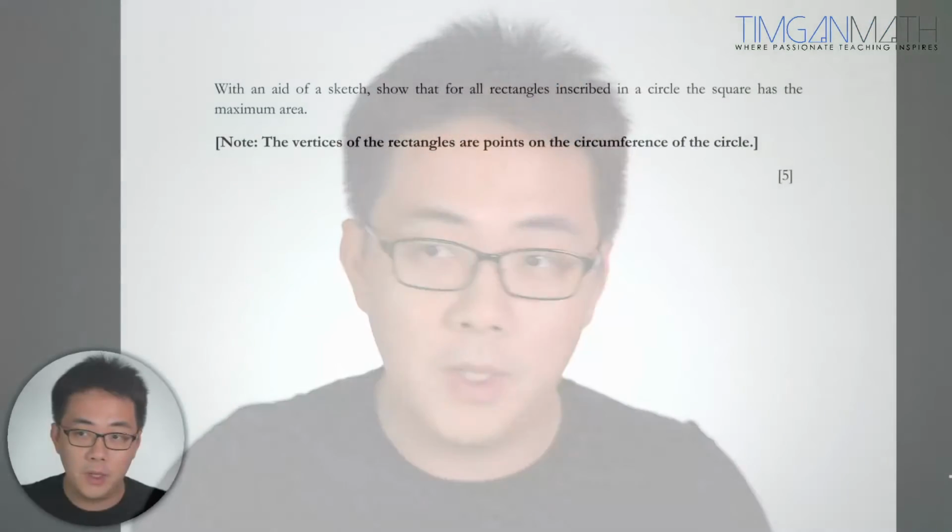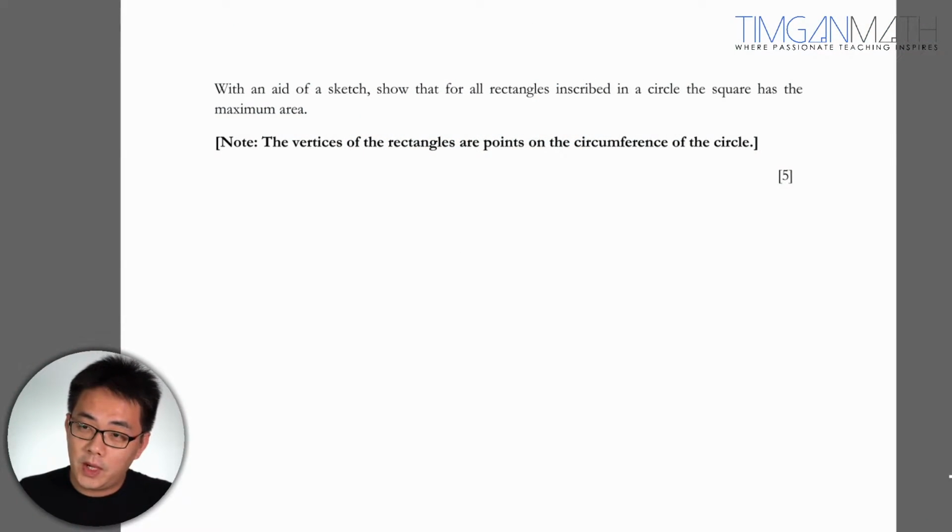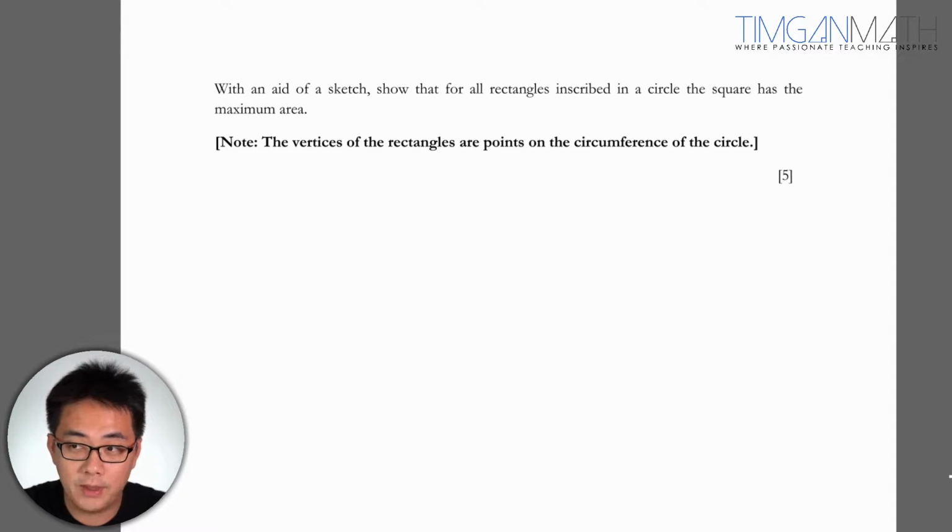Hi students, let's look at this question here which was taken from one of our mock papers. You're told to, with the aid of a sketch, show that of all the rectangles inscribed in a circle, the square has the maximum area. I think this is poorly done by students, but basically before you even start, you must understand the idea of